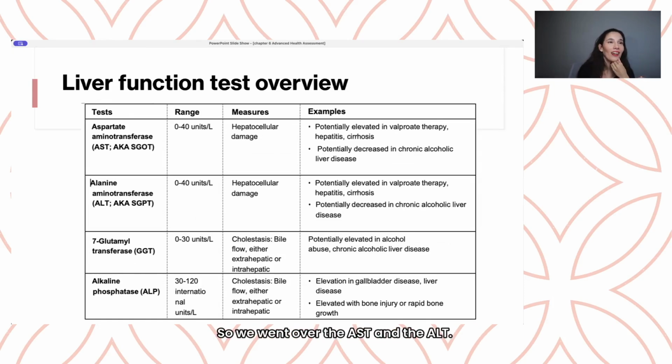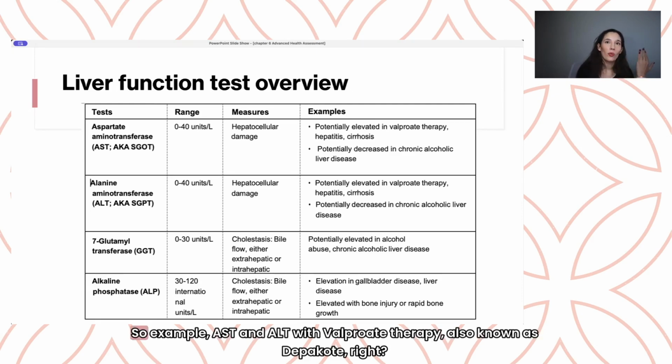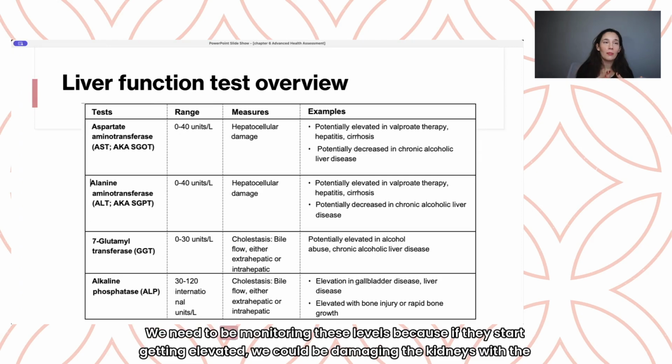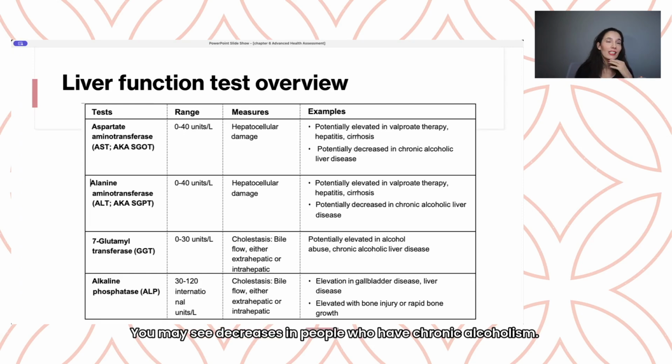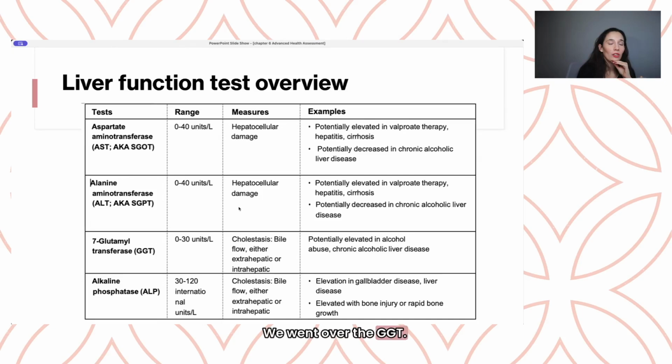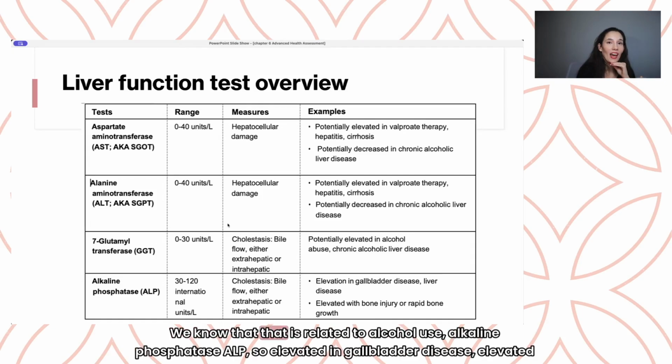So we went over the AST and the ALT. So example, AST and ALT with valproate therapy, also known as Depakote, right? We need to be monitoring these levels because if they start getting elevated, we could be damaging the liver with the valproate. You may see decreases in people who have chronic alcoholism. We went over the GGT. We know that that is related to alcohol use,